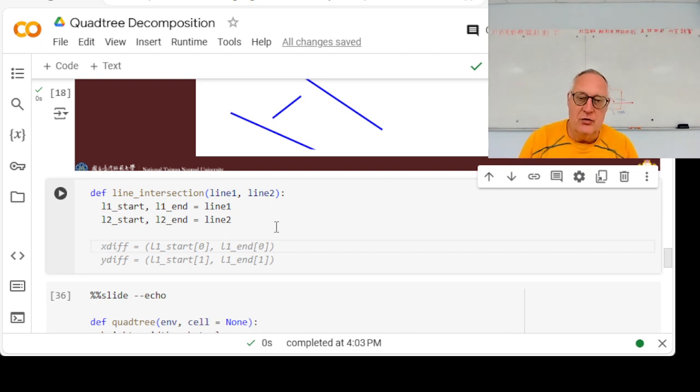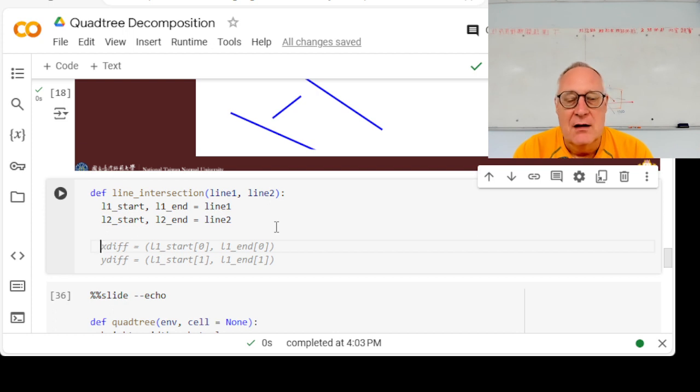Or I could just use the general purpose line intersection algorithm, which